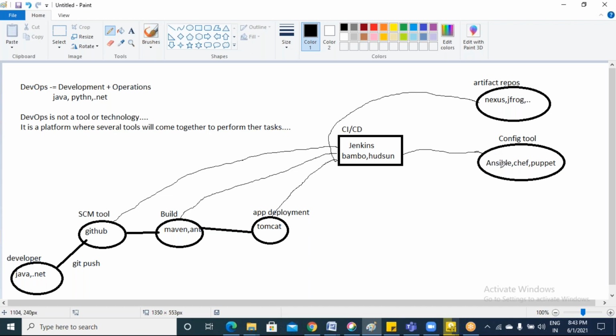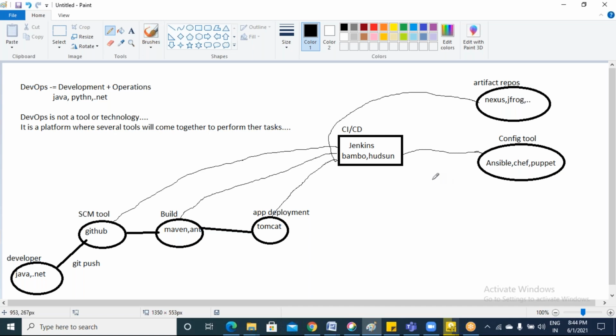Once the deployment is done in Ansible, these child servers which are connected to Ansible, everyone will get the page deployed. So one single application which is deployed here can be accessed by your entire planet with the help of this Ansible tool and the feature it is providing to us. Okay, understood till now?